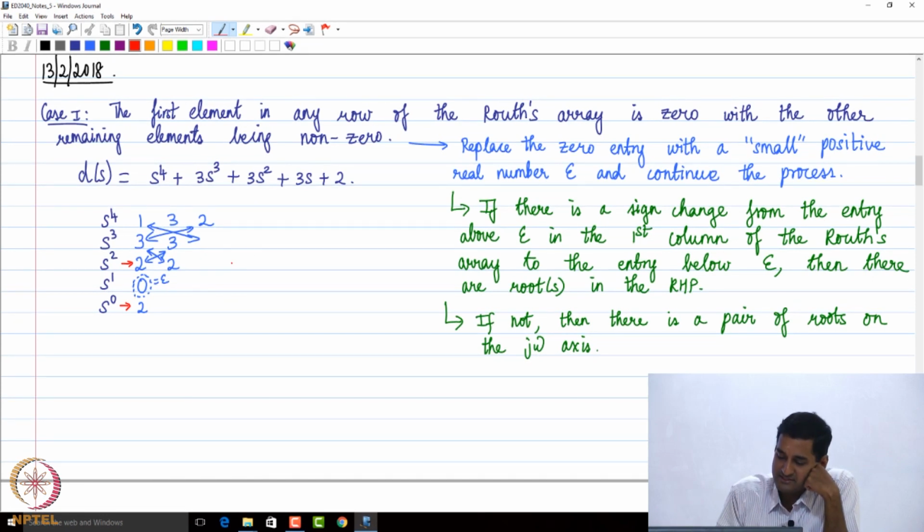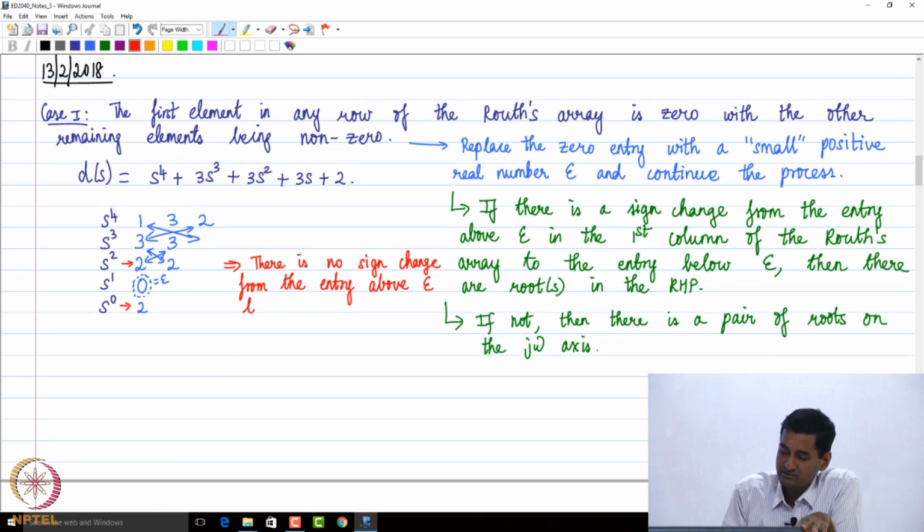No. So we can observe that there is no sign change from the entry above epsilon to the one below epsilon in the first column